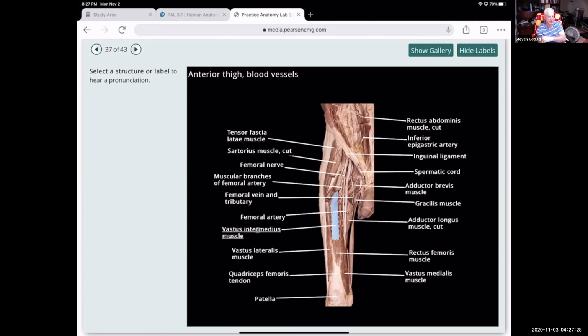the vastus intermedius muscle, the vastus lateralis muscle, on the lateral side of it, the quadriceps femoris tendon, and the patella, the kneecap. The vastus medialis muscle in between those, the rectus femoris muscle, you can see where it's been cut also, the top parts above it, the adductor longus muscle, okay, adductor brings the leg back towards the midline, gracilis muscle,